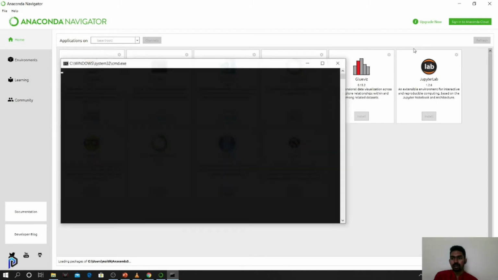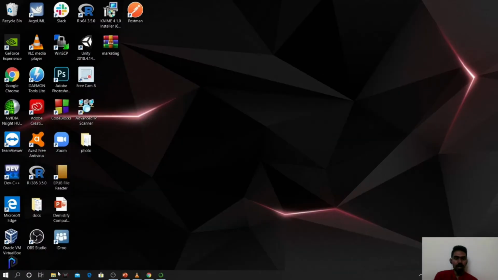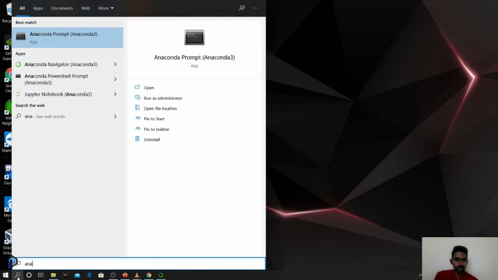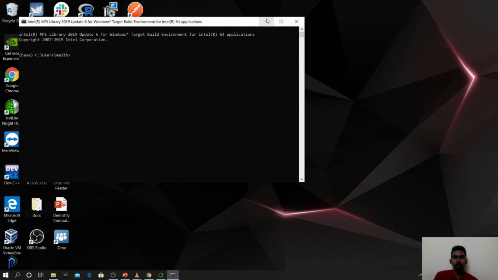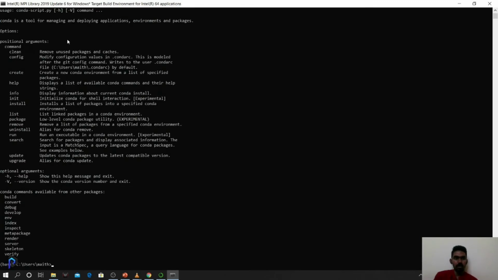Since we have seen the GUI part, let's look into the command line prompt also. You have to go to Anaconda Prompt. It opens the shell with the base environment. You can just search conda command, and these are various optional arguments that you can pass to the conda command.